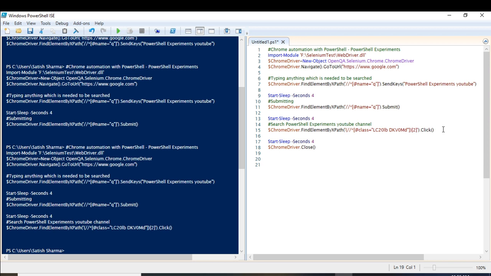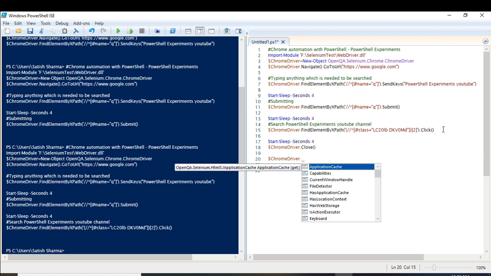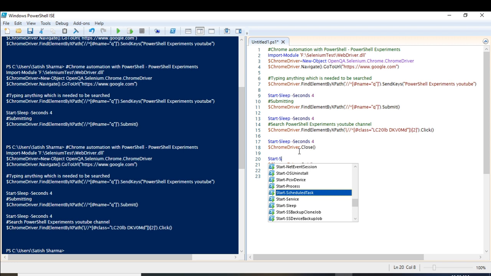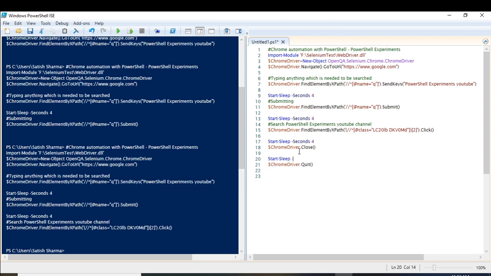And then the Chrome driver will still be running in the background, so you have to close that also. You close that running driver by using the method called quit. Okay, so let us insert a delay of 4 seconds again. Now this is the final thing, the last thing we were eagerly waiting for. So let's see what happens now.